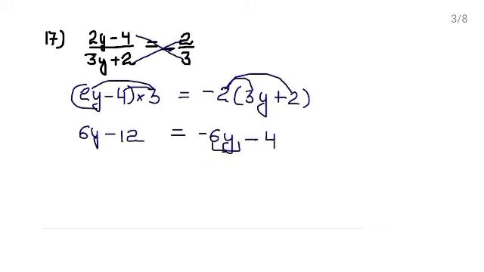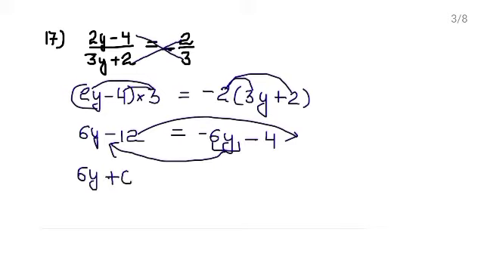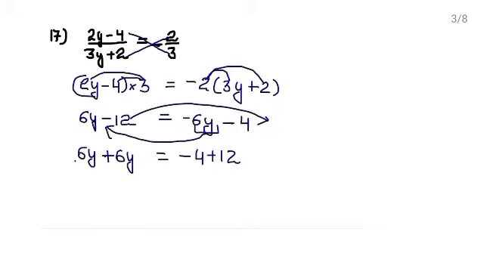Now keep the variables or terms having variable to the left and constants to the right. So write here 6y, after moving to the left minus 6y will become plus 6y is equals to, on right hand side we have minus 4, after moving to the right minus 12 will become plus 12. So these are of same sign, add them, 6 plus 6 12y equals to, these are of different sign, right? So we will subtract them, 12 minus 4 8, and sign will be of greater numeral which is plus, right?